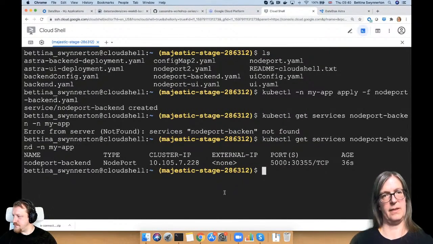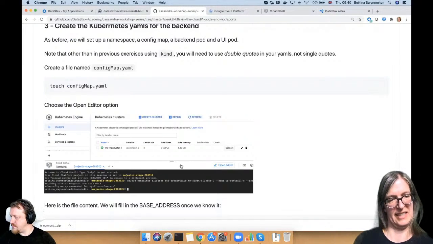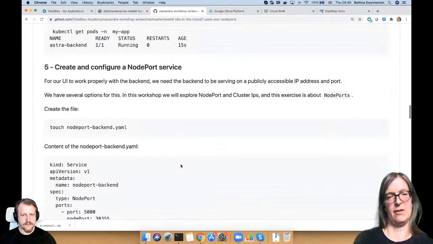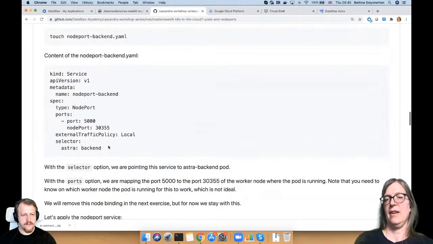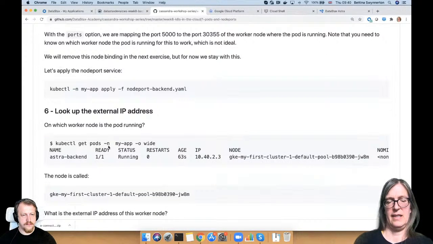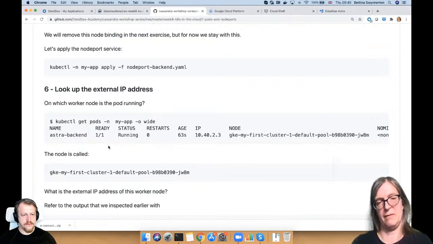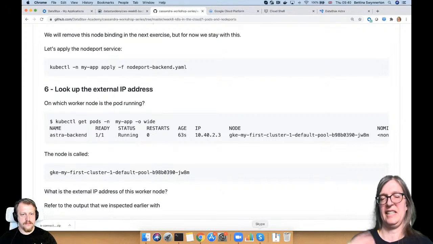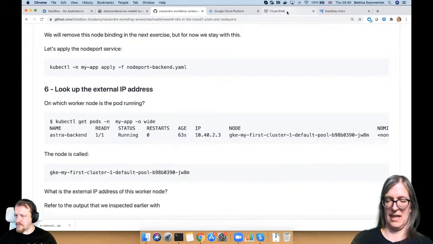Let's have a look, backend YAML. Right, so it's bound to this. So we need to look up the IP address of the worker node where our pod is running. This is what we need to do, and this is this kind of node binding that we want to avoid later on. So we go again into...